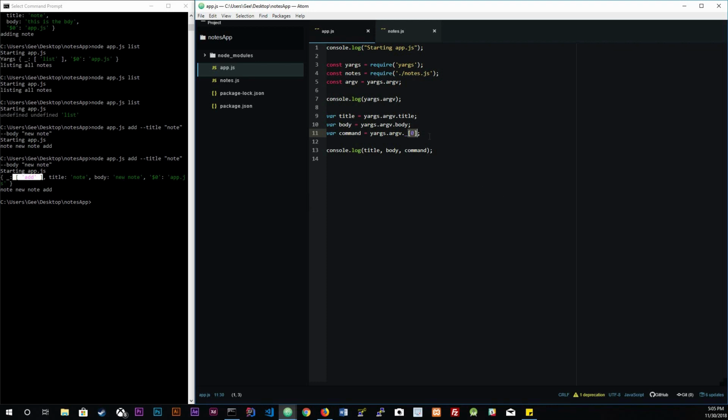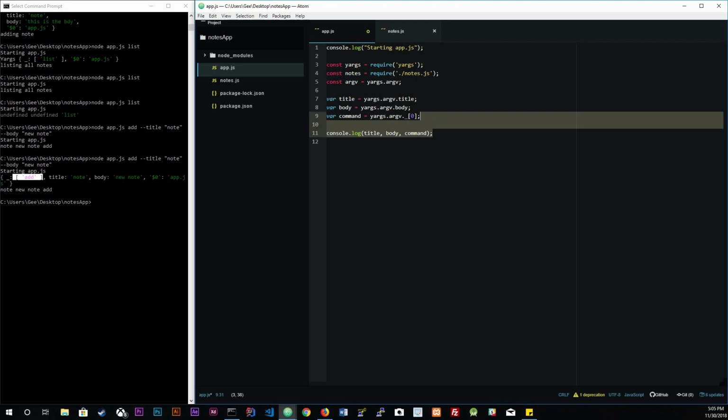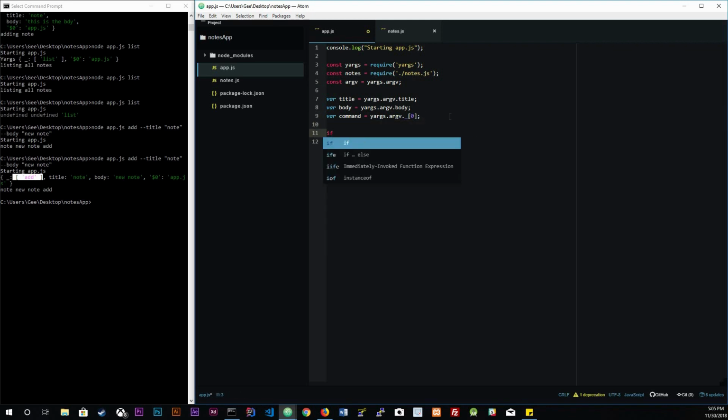All right, so now that we know how to do that, I'm just gonna get rid of this, and then we're going to start doing if else statements to try to figure out what the user actually wants, right? So we do command equals add. Sorry, let's do add first. Add. We're going to log out adding note, and then